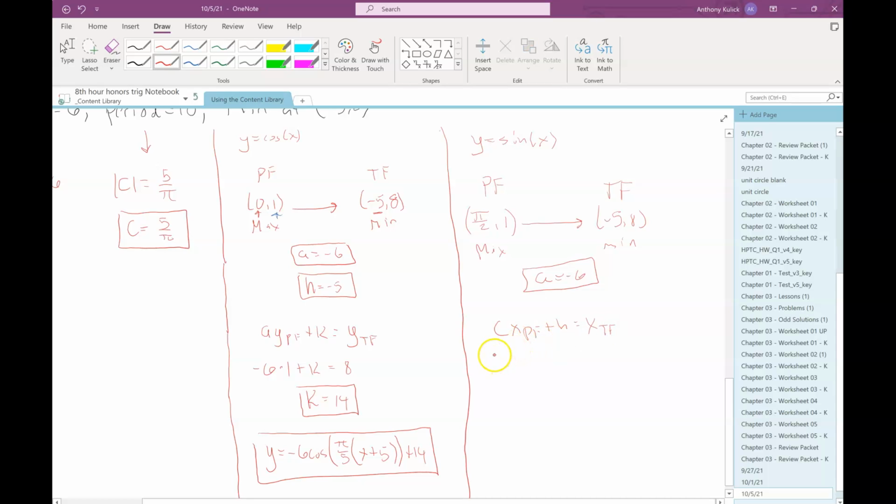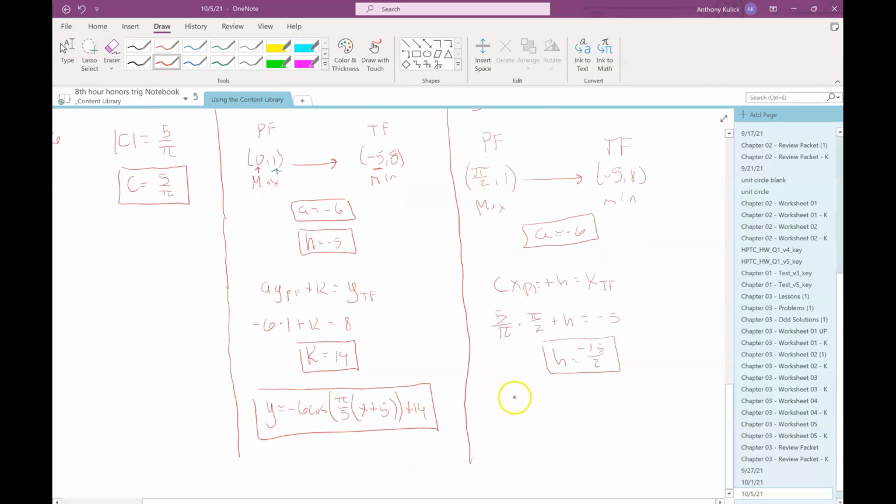So we have 5 over pi times pi over 2 plus H is equal to negative 5. So the pi's cancel, and I'm left with 5 over 2. If I subtract 5 over 2 from both sides, that gives me negative 15 over 2. And similarly for the H's, or I'm sorry, for the K's,